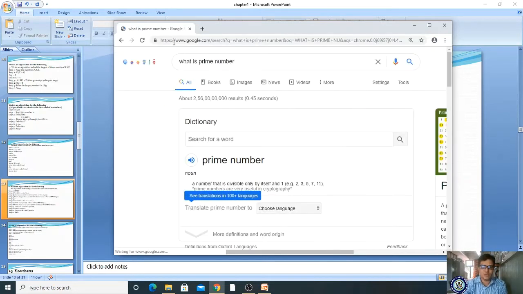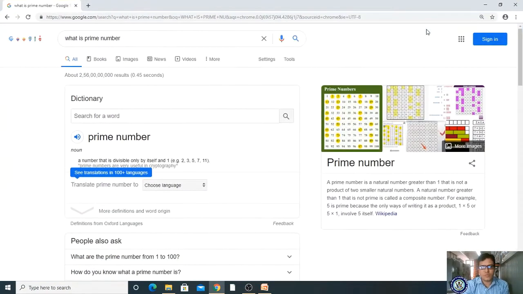A prime number is a number that is divisible only by itself and 1. Okay, what is a prime number? The number which is divisible by 1 and itself. That number is called a prime number. Clear?